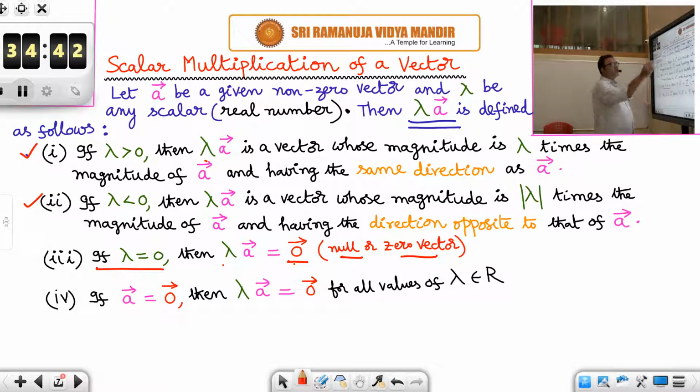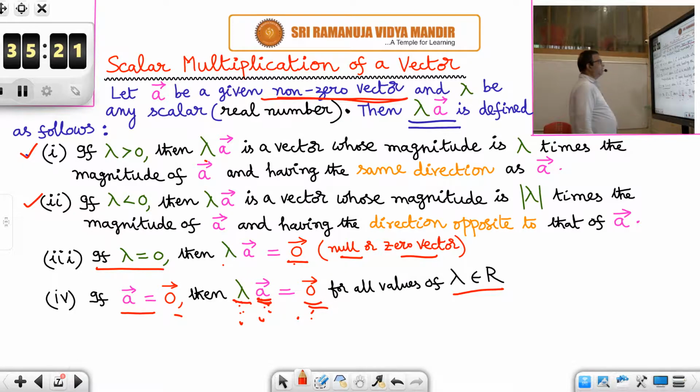Okay. This is all when the given vector is a non-zero vector. In the definition itself I have written non-zero vector. Suppose what happens if A bar itself is a null vector? Then you multiply it by any lambda, a positive value of lambda, a negative value of lambda, or 0, and you will always get the zero vector only, because already A bar is 0 bar. So 10 into 0 bar is 0 bar, minus 7 into 0 bar is 0 bar, 0 into 0 bar is 0 bar. So whatever may be lambda, if A bar is a null vector, the result is a null vector. So it is true for all values of lambda.